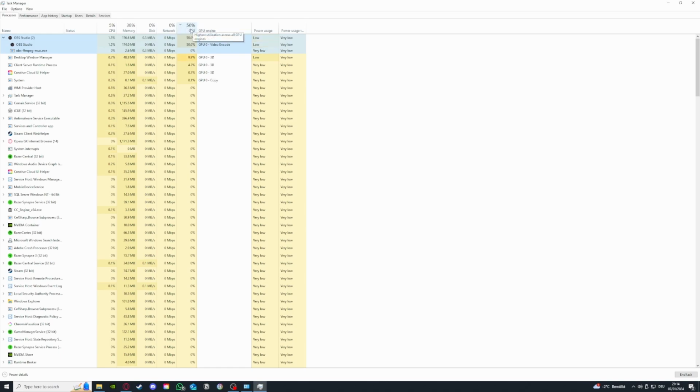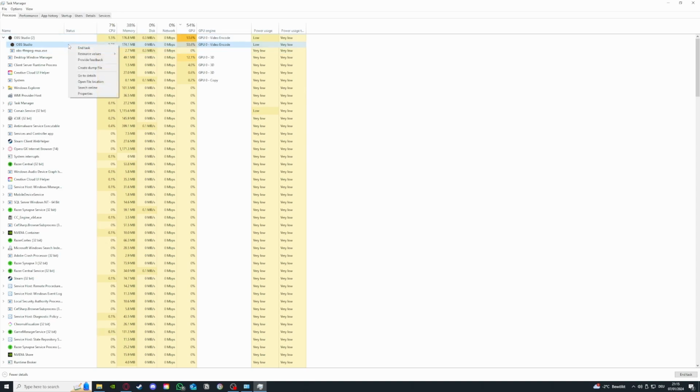And you see 50% is a very high indicator. OBS is the program I use for recording, so I'm not going to close it. But if you want to improve performance on a program which is currently running, then I could right click and press end task. If I press end task, it immediately closes the application, and it will free up a lot of GPU and CPU. In my case, especially a lot of GPU. So if you